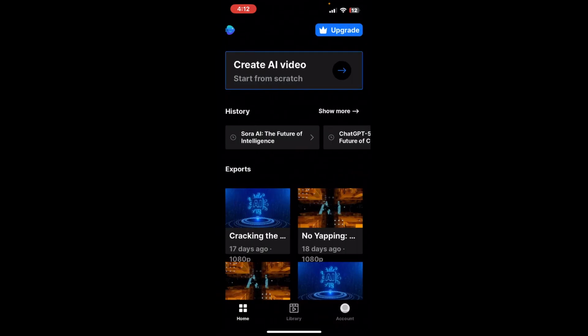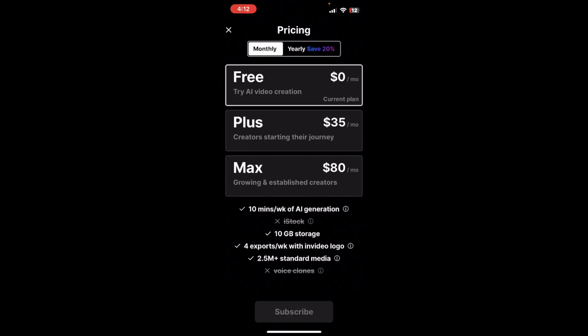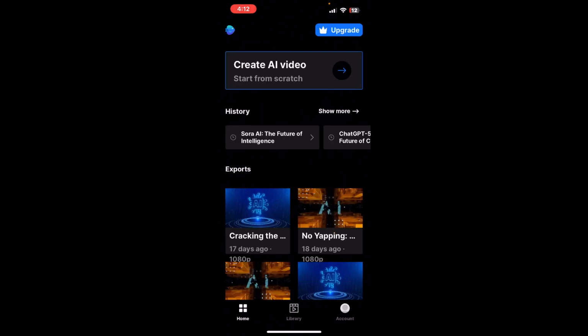So when you go to purchase InVideo AI, the first thing is you'll come to this kind of a screen. So you've got your free plan, your plus plan, your max plan, and you can read through all the different features that they give you. So we're going to just work with a free plan for now. And you can see my account has many